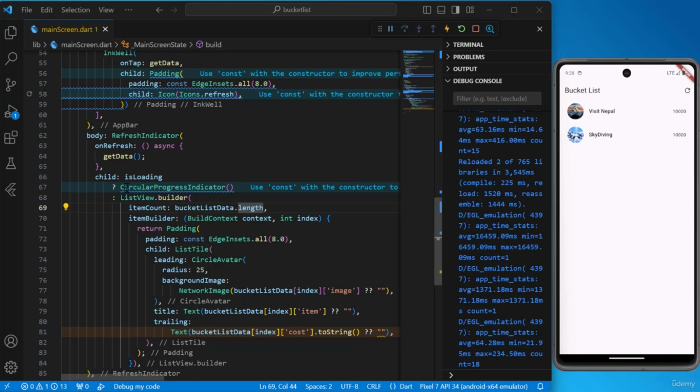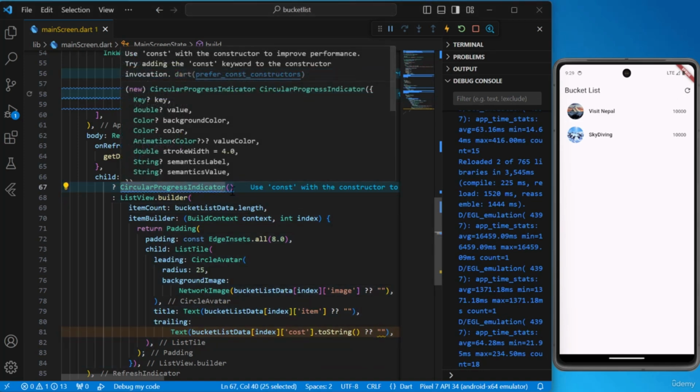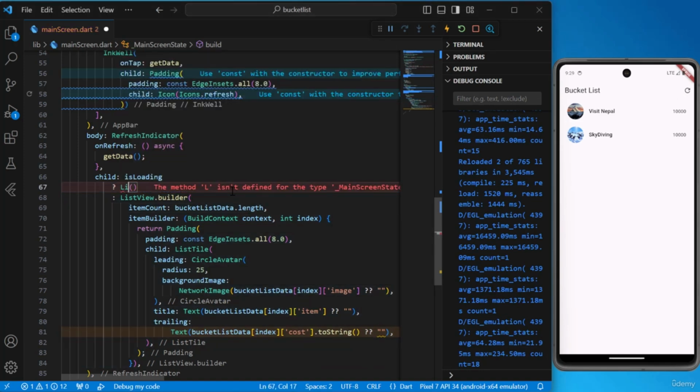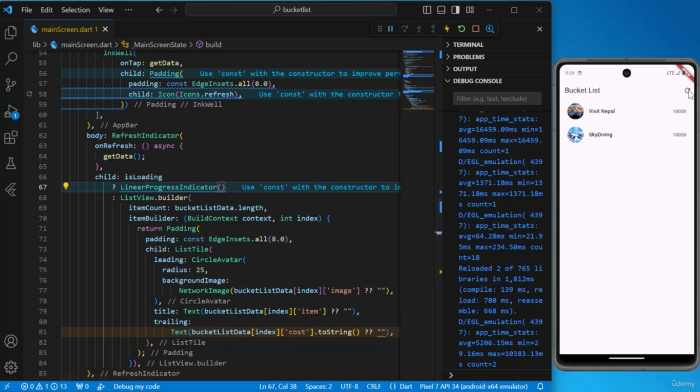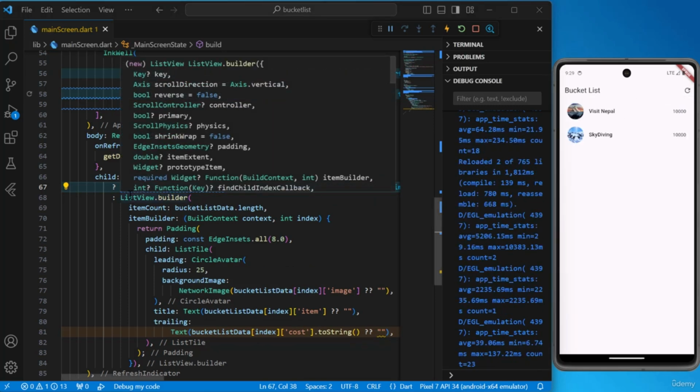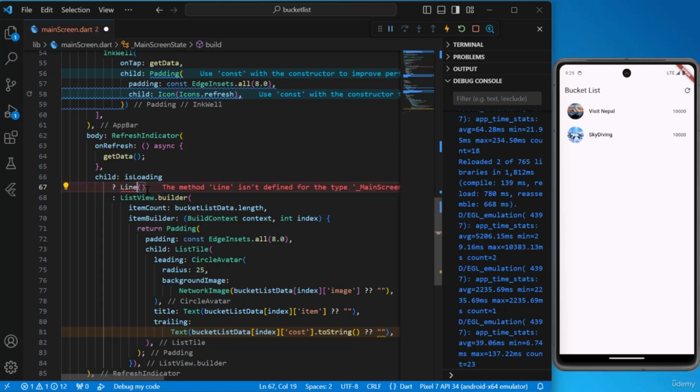Now we can use this circular progress indicator or a linear progress indicator. So if we use this linear progress indicator, we will be getting this linear progress. Alright, so whatever you want to use, you can use over here. I basically prefer this circular progress indicator. So let's